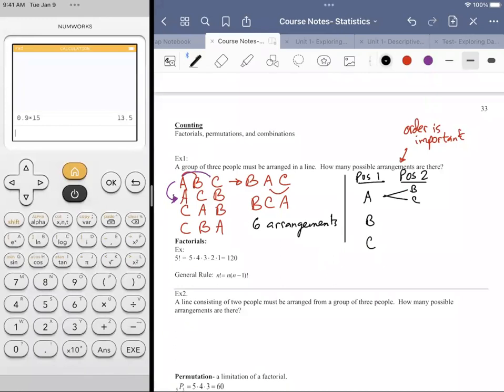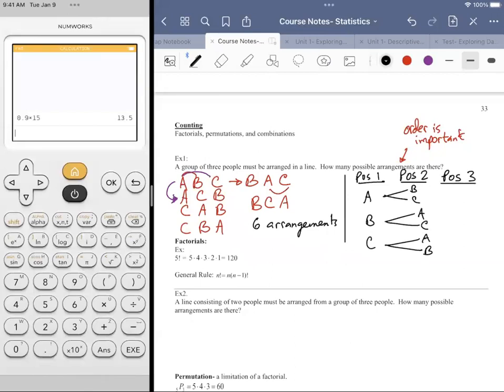If B occupies the first position, then only A or C for the second position. And if C occupies the first position, only A or B for the second position. And then it gets much easier, because as you expand your tree diagram, really two possibilities. One is that it's going to get simpler and simpler as you extend from left to right, or it's going to get more and more complicated depending on what it is you're trying to do. But when you're restricting the number of people that could occupy different positions down the line, it does tend to get simpler. All right. So position 3,